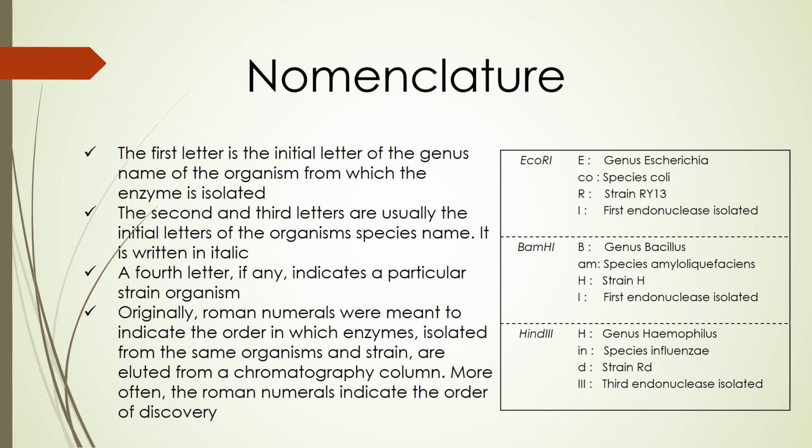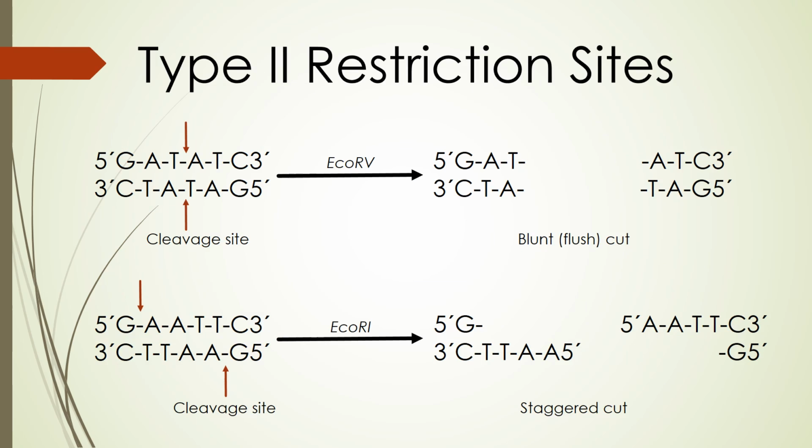For example, here I am going to use only EcoRI. The name of the EcoRI restriction enzyme was derived as E stands for Escherichia, that is the genus. CO stands for coli, this is the species. R is the RY13 strain, and I is the first identified order of identification in the bacteria. Here, this is a restriction site. This is showing staggered and cohesive,